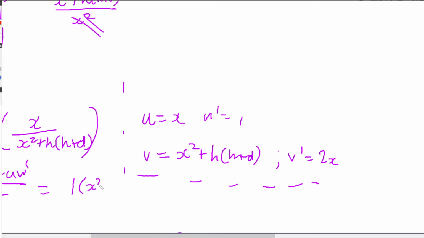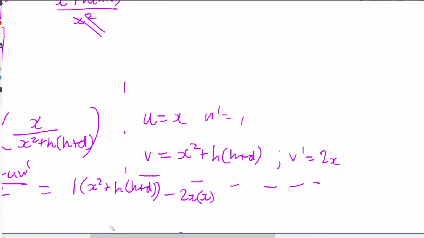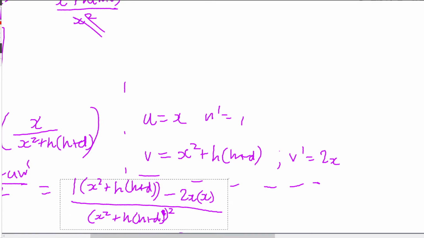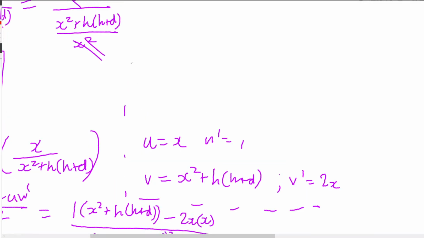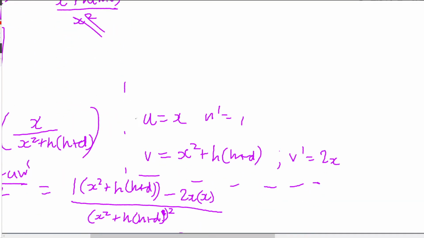1 times x squared plus h times h plus d minus uv prime, so minus 2x times x, v prime times u, all over v squared, all over x squared plus h times h plus d squared. Now, I would be worried about the fact that this is a pretty ugly expression, if not for the fact that the only thing I need to actually do with it is find when it's 0, in order to find all of the possible stationary points, all of the possible maxima,